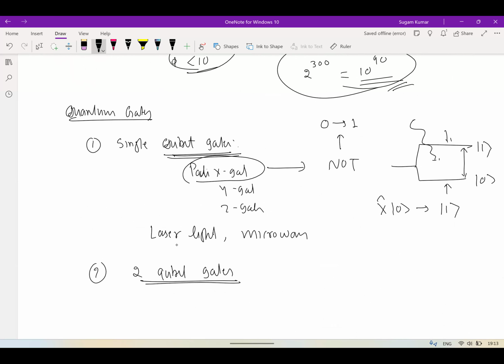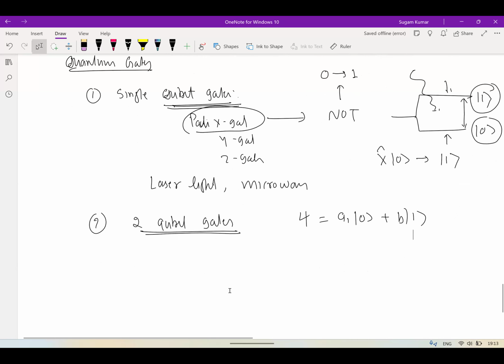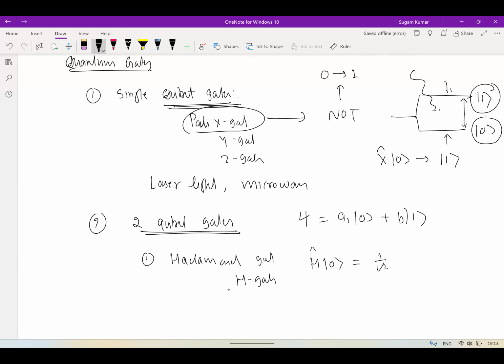Now, understand, I told you that these two states are important, but the quantum supremacy comes when the wave function is written as a superposition of these two. A gate which does this job is called the Hadamard gate, or H gate. When I apply the H gate on the state 0, it puts this into a superposition of these two states.